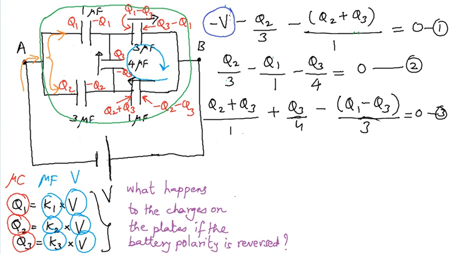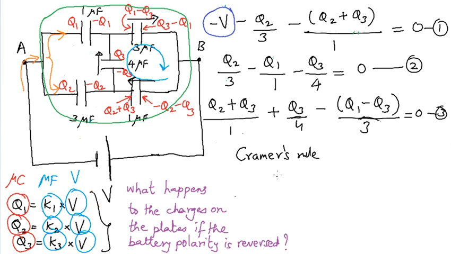Now what does this change in this term, that is V becoming minus V in the first equation, what bearing does it have on the solutions for Q1 and Q2 and Q3? You can imagine that you solve equation number 1 and 2 and 3 by Cramer's rule. Clearly, to apply Cramer's rule, you will have to rearrange the equations in such a way that the unknown terms Q1 and Q2 and Q3 appear on the left hand side of all the equations, and this V travels to the right hand side.